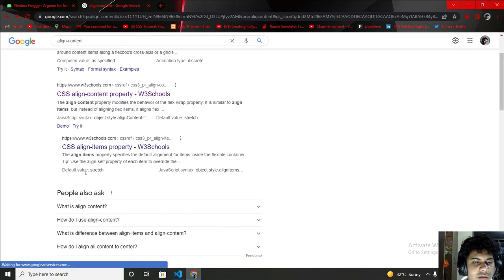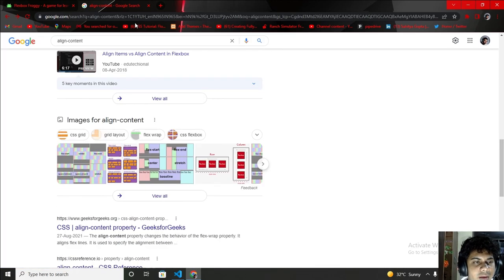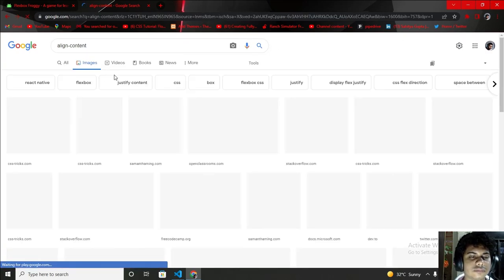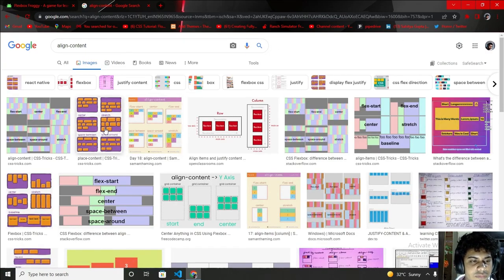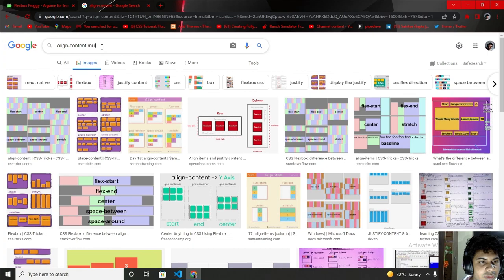So I think W3Schools is no. Let me try images. I think images will help me. Align content, multiple property.